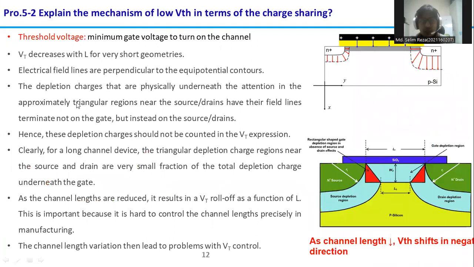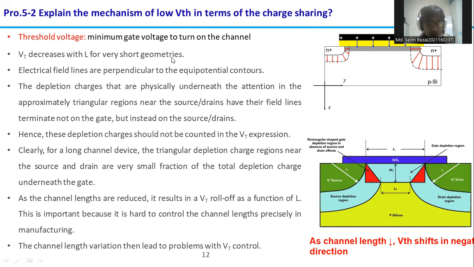And the next question is, explain the mechanism of low VT as in terms of charge sharing. So we know that the threshold voltage is the minimum gate voltage applied to the gate to the source to turn on the device. That means for channel creation. If the VT is decreased, that means low VT,